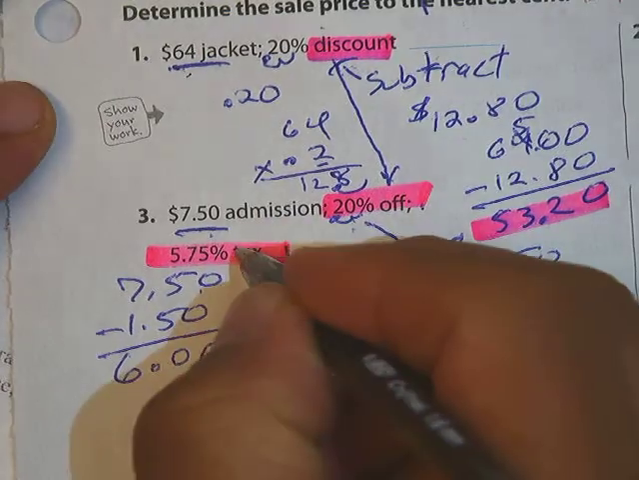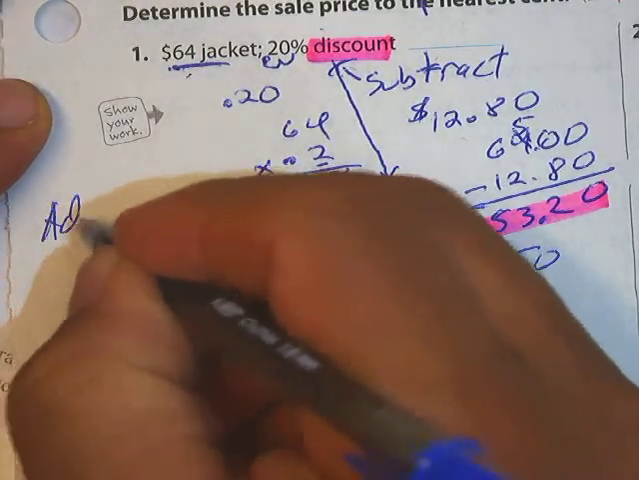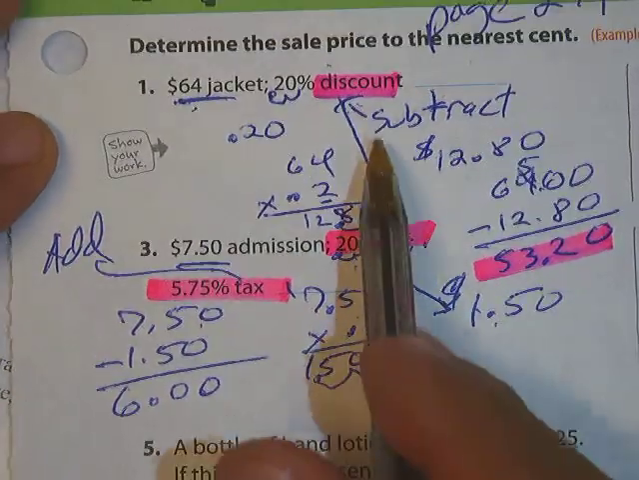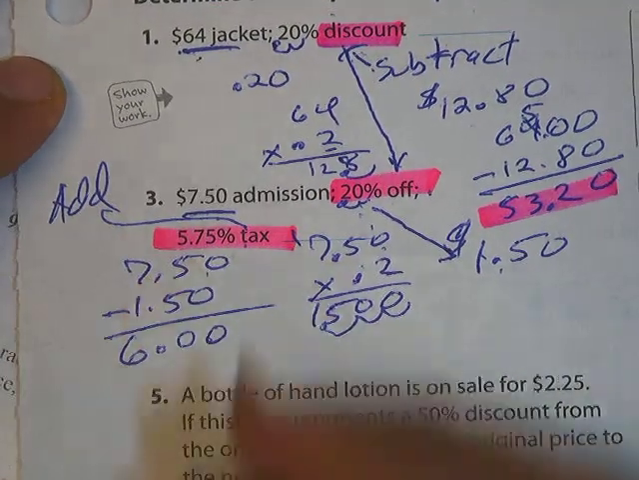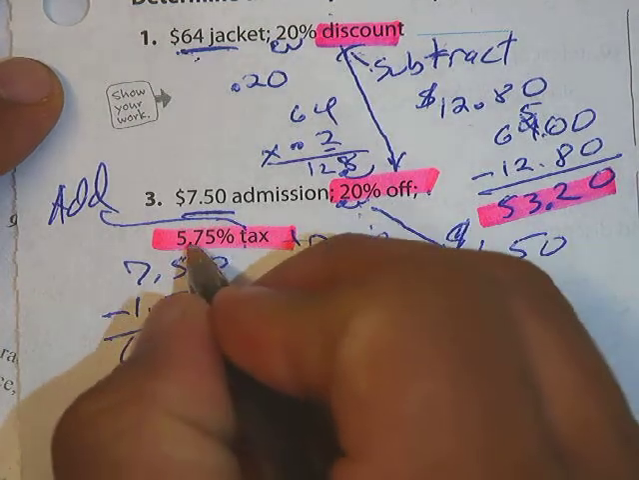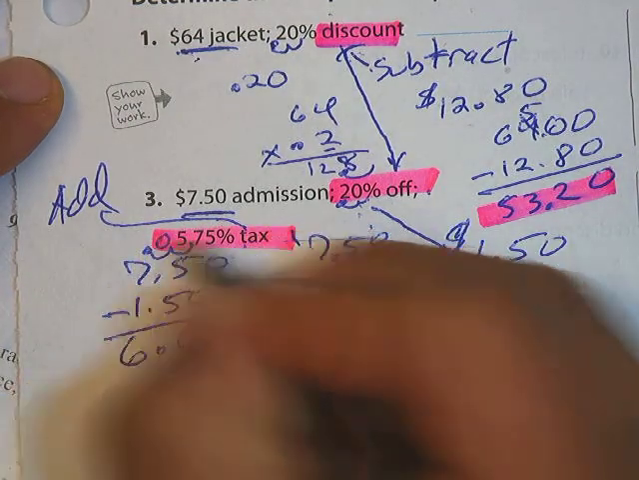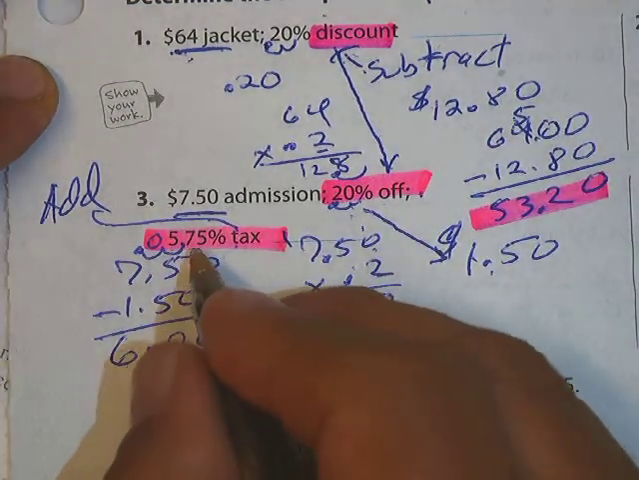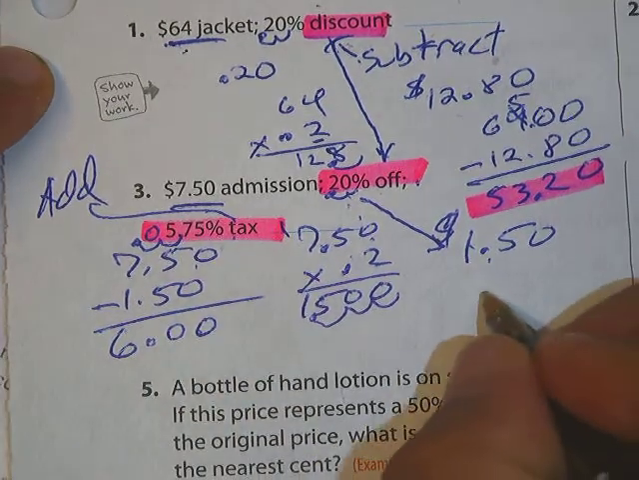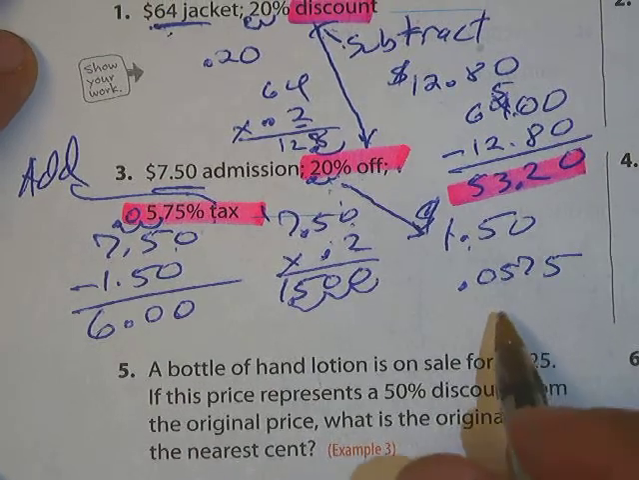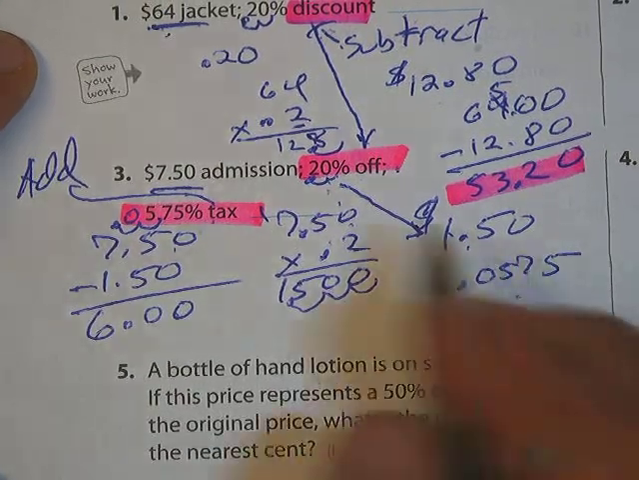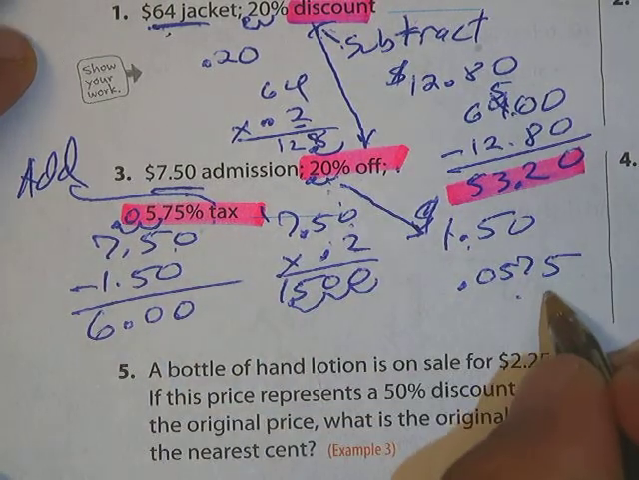But they have a tax. So now you have to find the tax, and a tax is always an adding. Just like these are subtracting, a tax is something you're going to add. And so first you have to convert this to a decimal, and so now I have 0.0575, and I'm going to multiply 0.0575